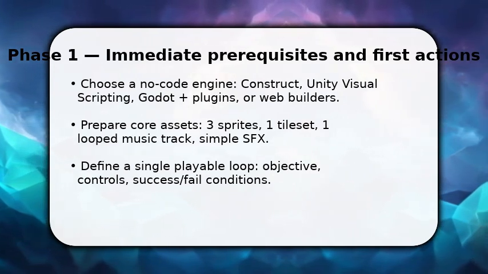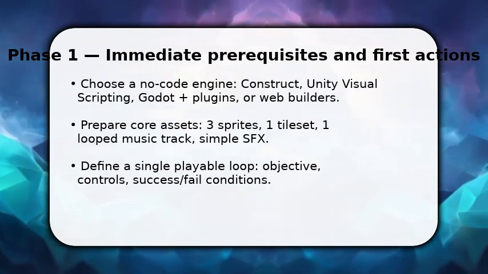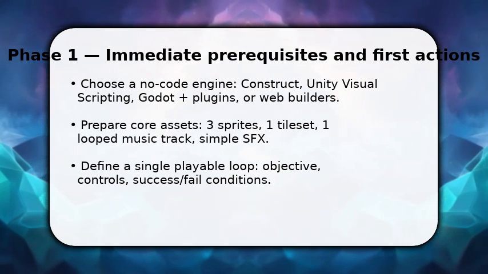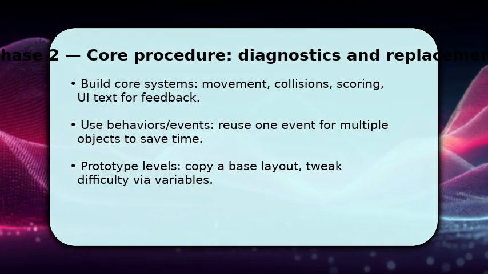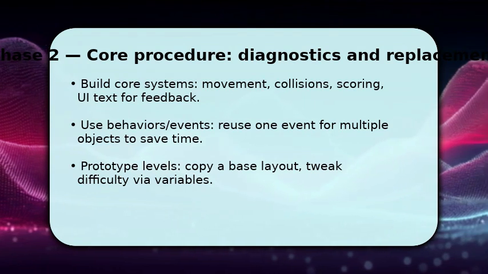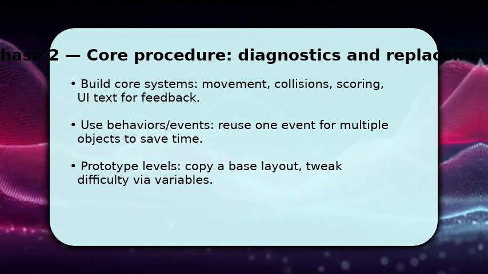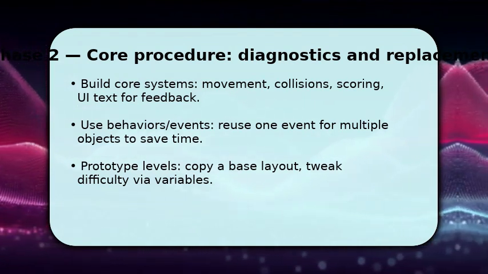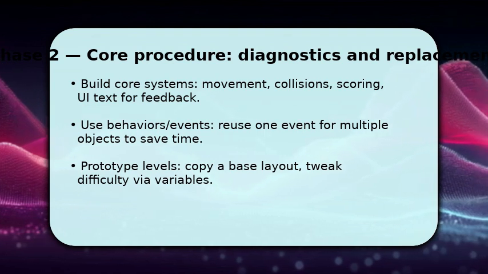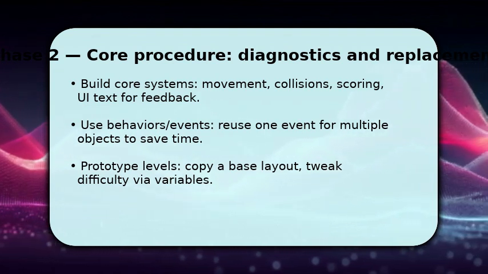You now expand core systems. Add movement, collision responses, scoring, and a minimal HUD that displays feedback. Make heavy use of reusable events or behaviors so one change propagates. This saves hours. Once systems are stable, prototype levels by copying a base layout and adjusting variables for difficulty, enemy